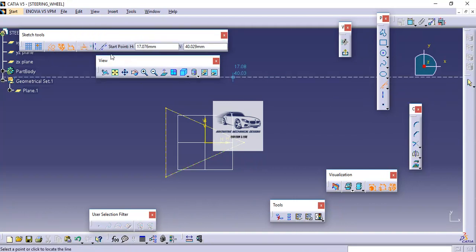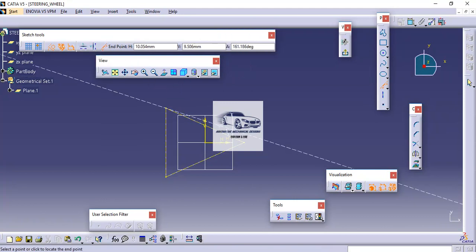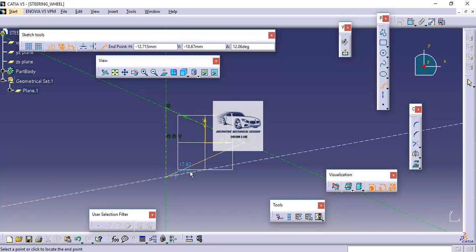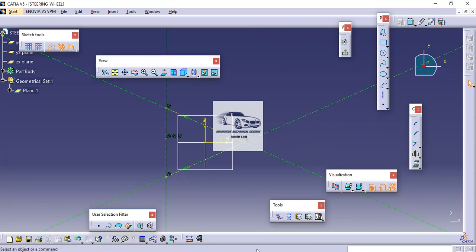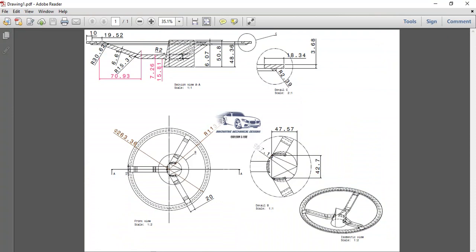Now I will draw three infinite lines which will act as the input lines to break the circle later on. So now we are ready to draw the circle.